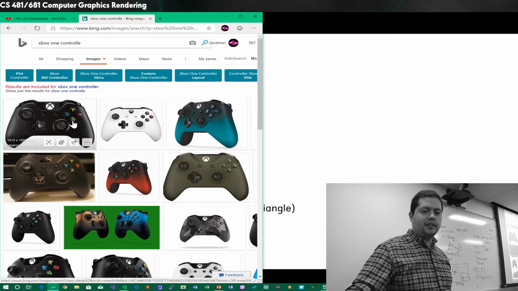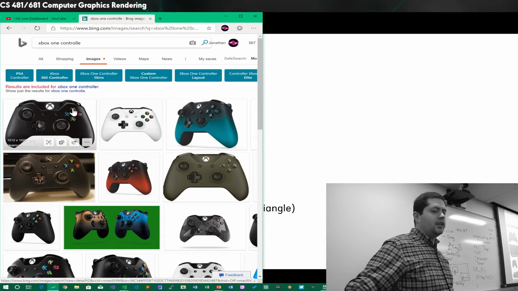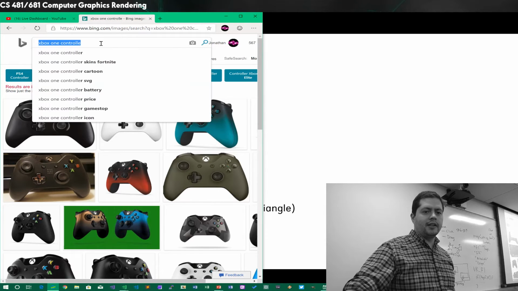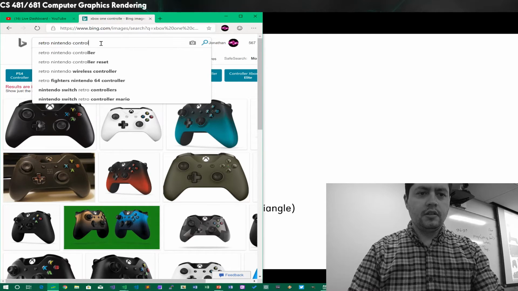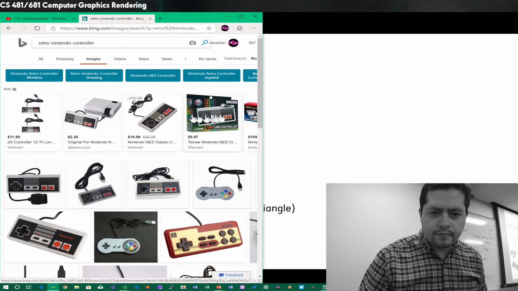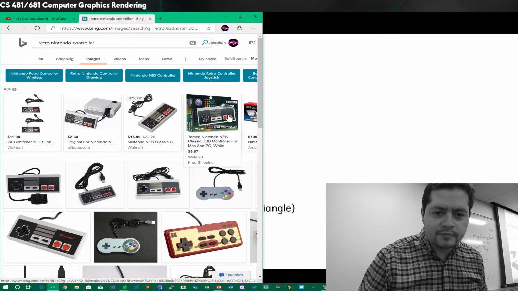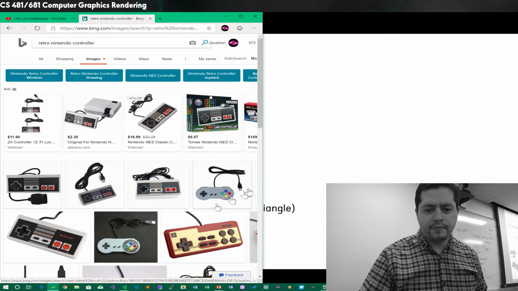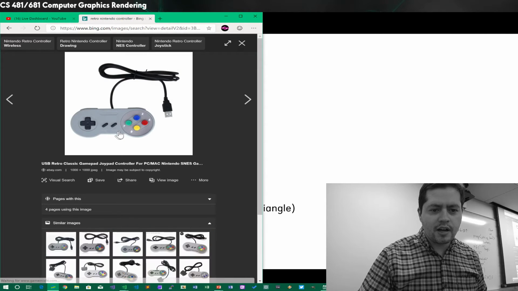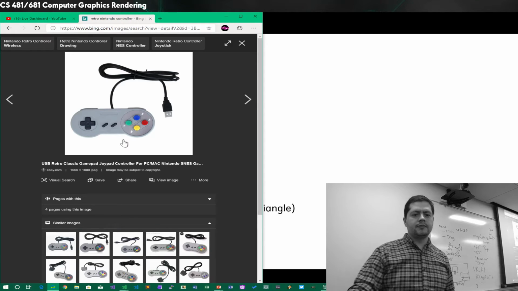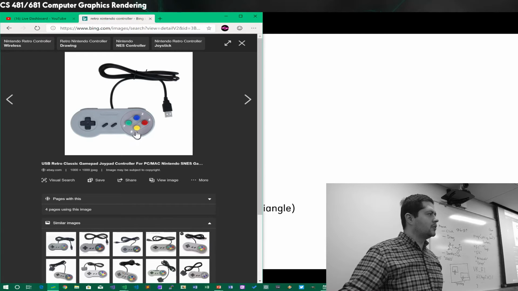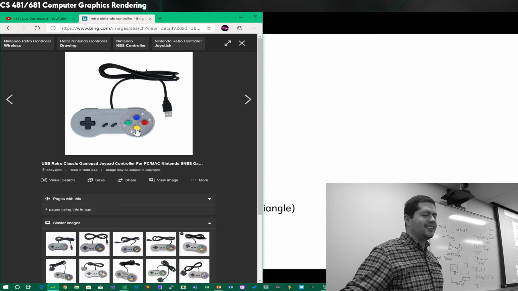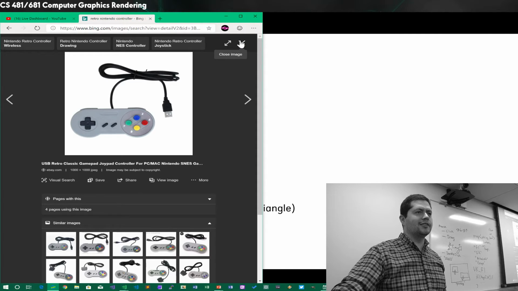So this button down here is 0, this one is 1, this one's 2, and this one's 3. That's pretty much standard. Although if you make the mistake of buying these off-brand controllers, man, I think I bought one of these off-brand controllers, and it's not even like the correct numbering. Like, this is not 0. I mean, it's awful. And I was like, I can't believe I wasted $15 on this,